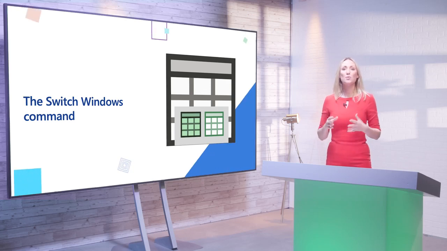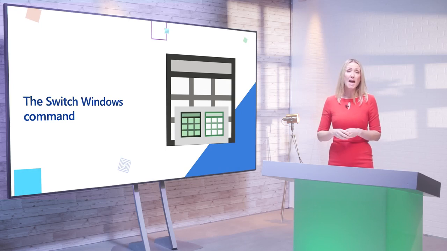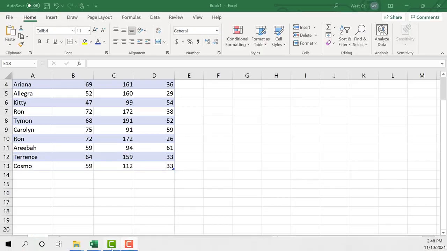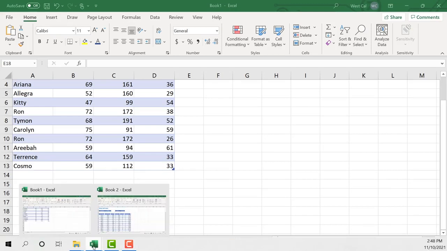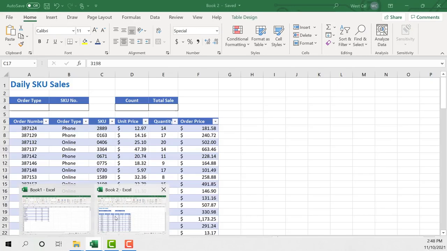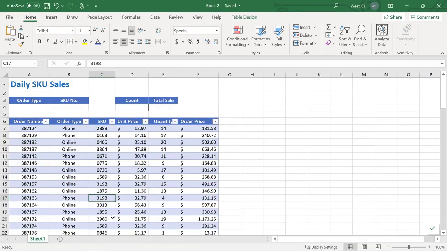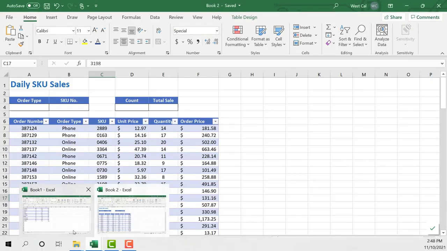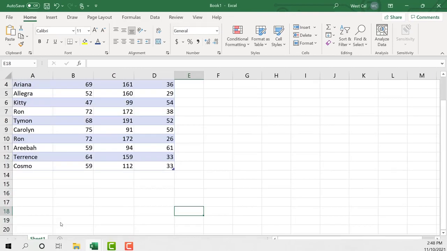Now let's explore the Switch Windows command. If you have multiple workbooks open at the same time, you can access them from the same Excel window. One method you can use to access open workbooks is to use the icons on the Windows taskbar to switch between the different files. When you hover your mouse over the Excel icon in the taskbar, it will display the open workbooks. You can then hover over any of the workbooks to display it on the screen and click to